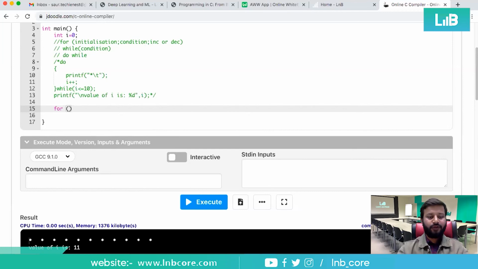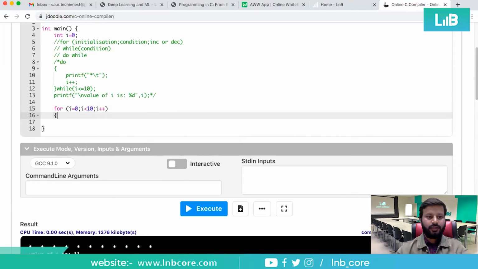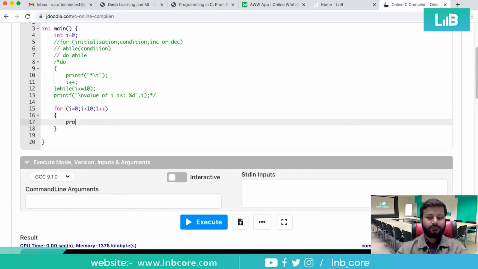So: for int i = 0; i < 10; i++, I want to print printf star, and I want to print that with the next line.